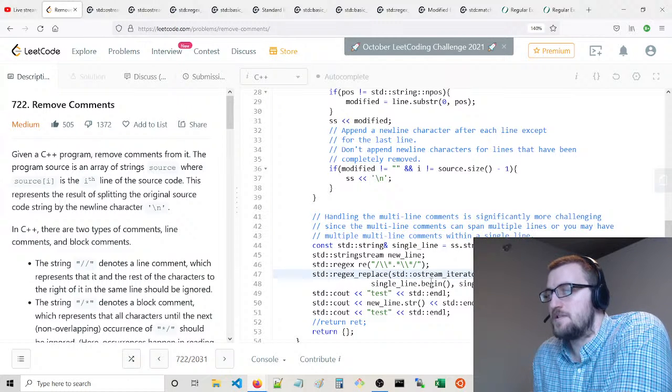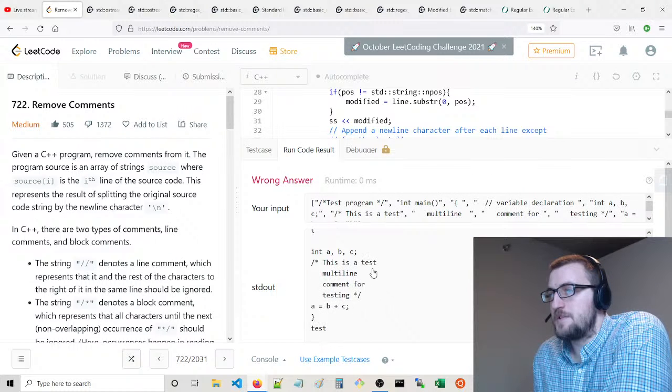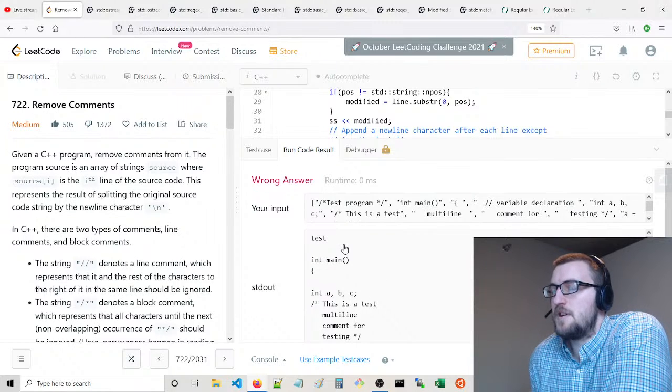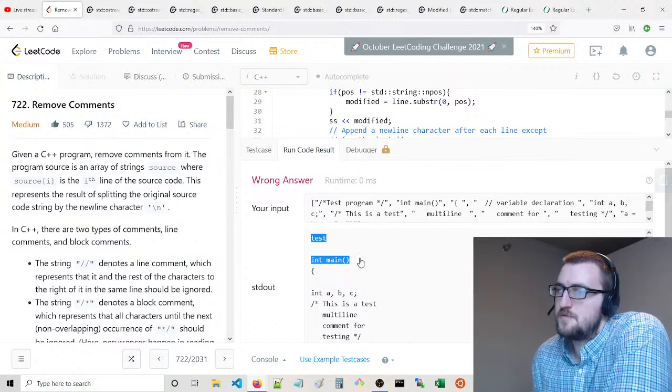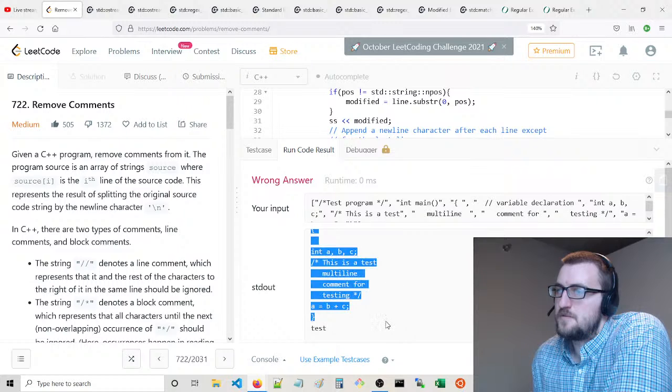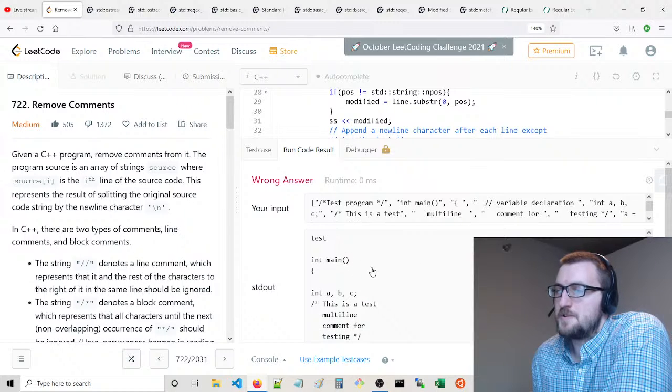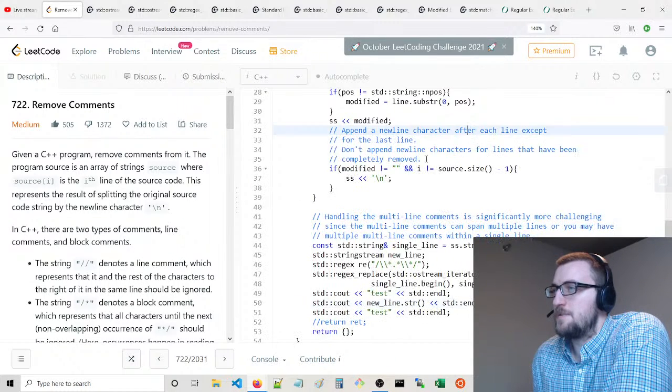Well, one thing that's interesting is this regex. We did actually push into the string stream. That's what's being printed here, what's in the string stream. Just oddly though, there are a few issues. One is up here.